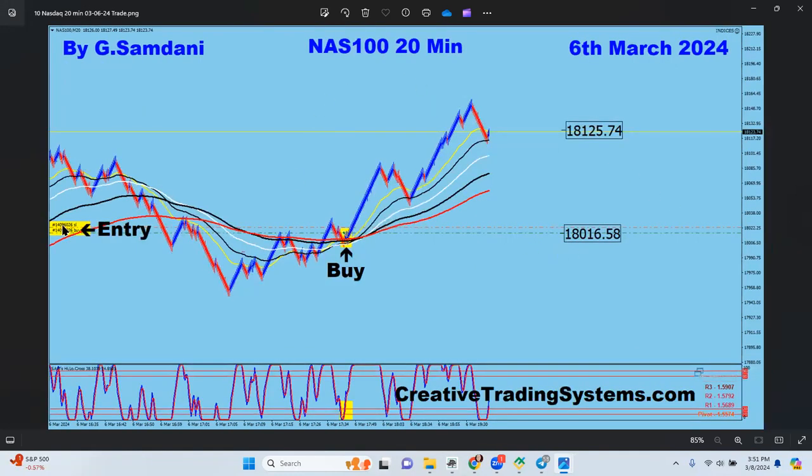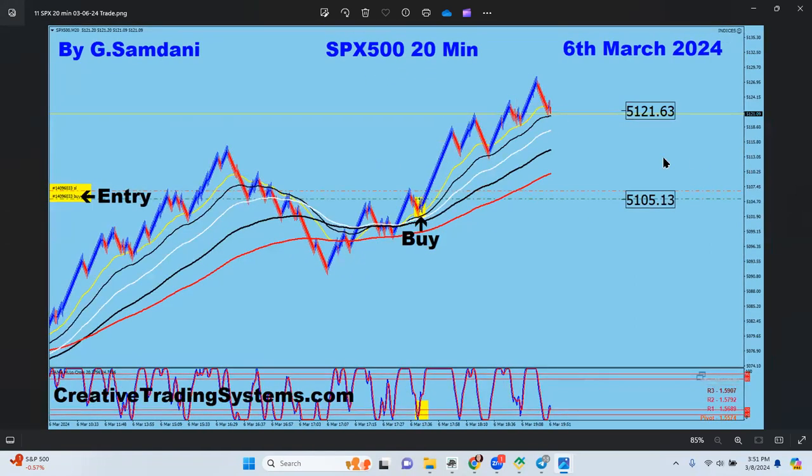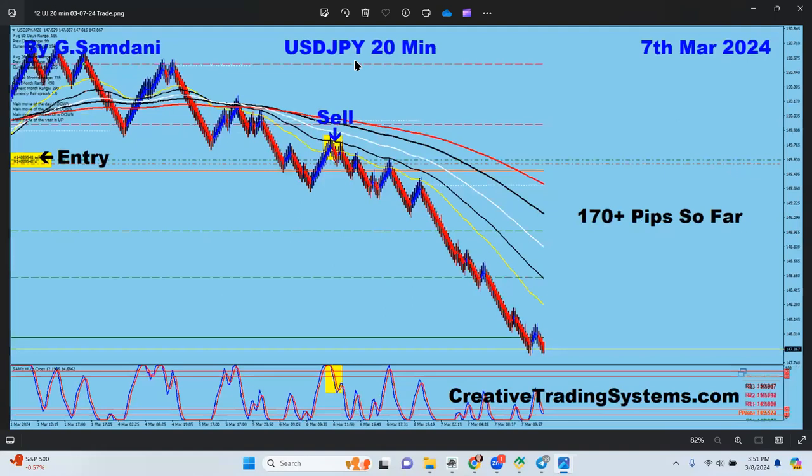NASDAQ from here to here, buy orders right there on the 6th. On the 6th, S&P 500 at the same time went up. USD yen, right? Remember, the USD was getting weaker, so the yen was supposed to get strong. Both charts I'm going to show you later on. You're going to see a lot of